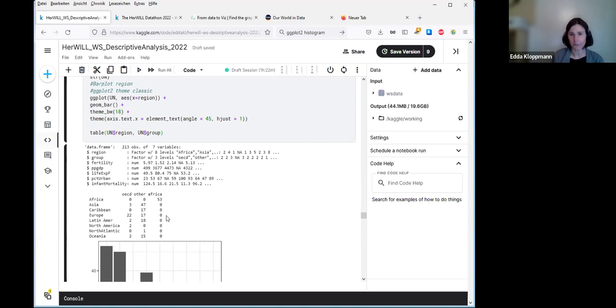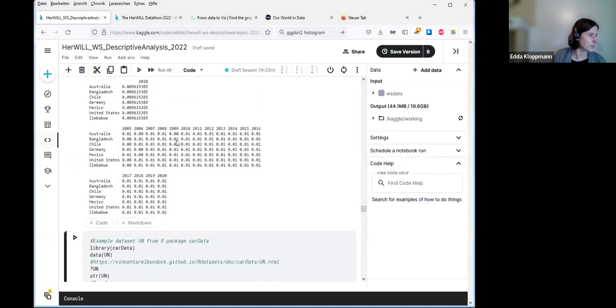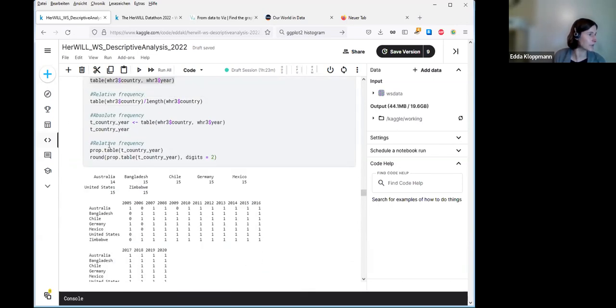But here you can see counts which I created the same as for the World Happiness Report, but it's not logical. It's just really the absolute counts. And if you want relative counts, you can use this prop table, where you first create a table like I did, and save it or store it somehow. You just give it a name which makes sense to you. And then you use a prop table, and you get the relative